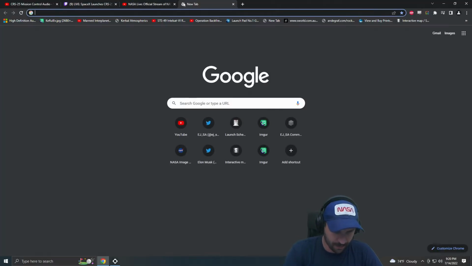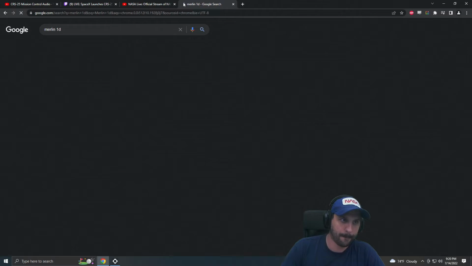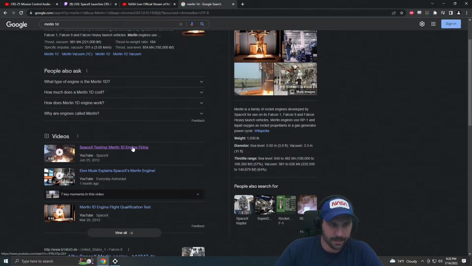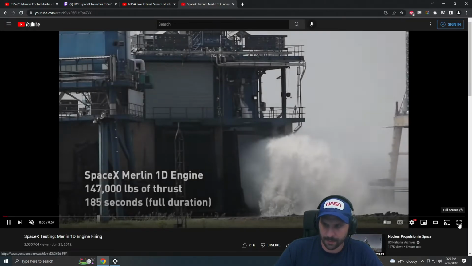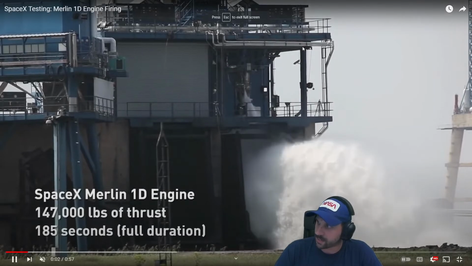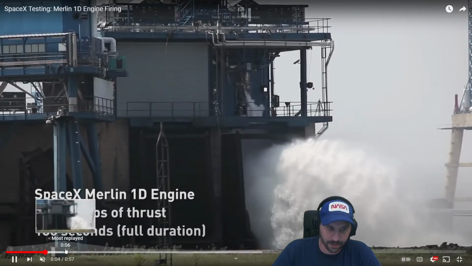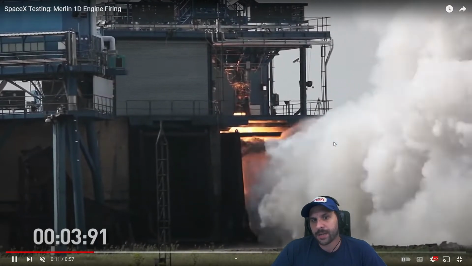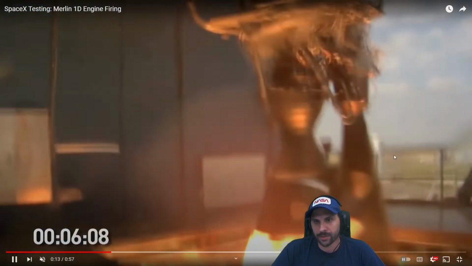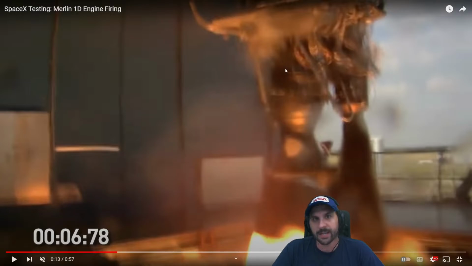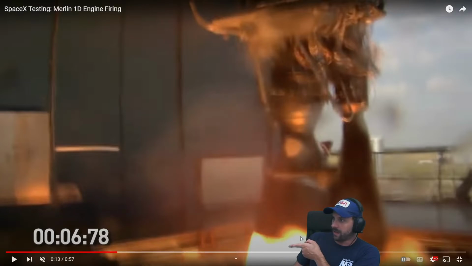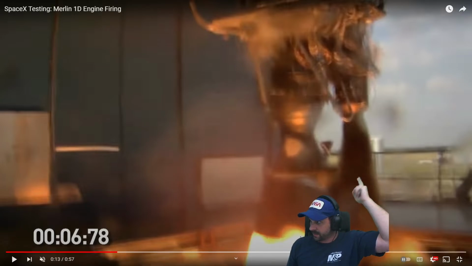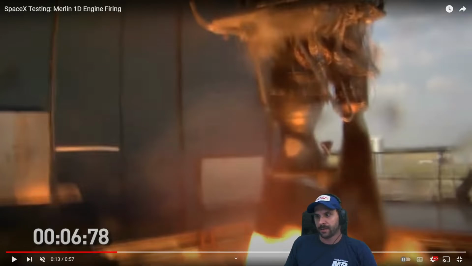So if we look at a Merlin 1D, right? This is a test from SpaceX. This is the Merlin 1D firing. If you look at this thing, when it goes, they'll show a close-up view. You have your engine right here, and your engine is making the explodey stuff. That's this down here. But the turbine, see how sooty the turbine is running? Hey, I know that place, Devlin. You see how much soot?